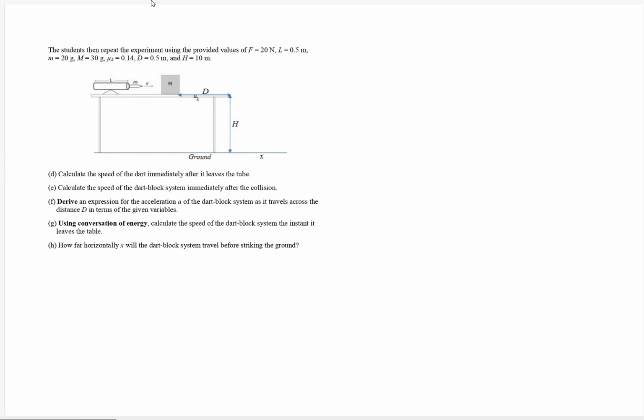All right. So part D, calculate the speed of the dart immediately after it leaves the tube. Okay, so it gives us all the numbers. So I will use the kinematic equation: Vf squared minus Vi squared is equal to 2a delta x. Since at the start the dart does not